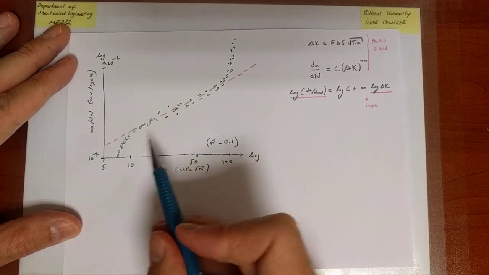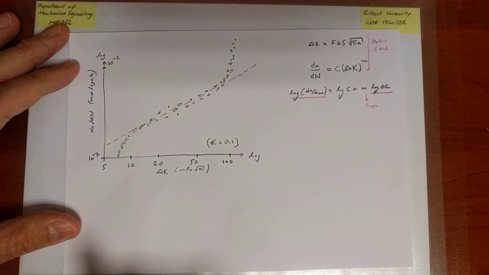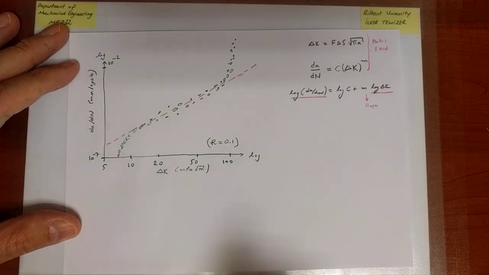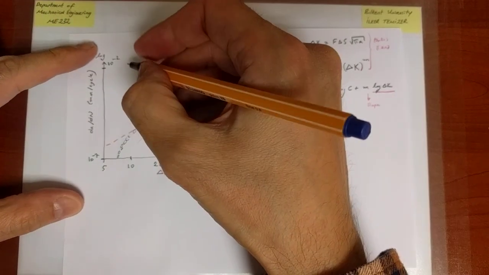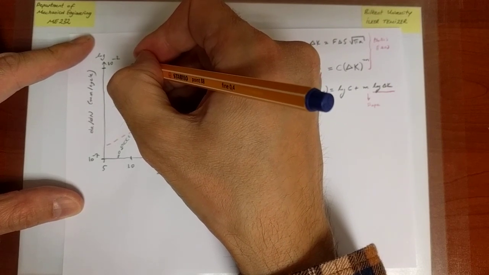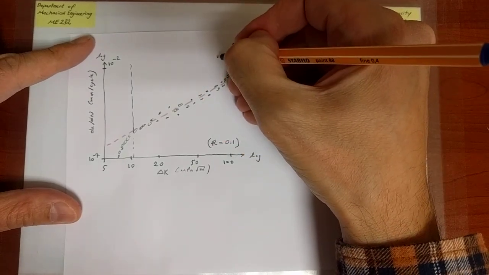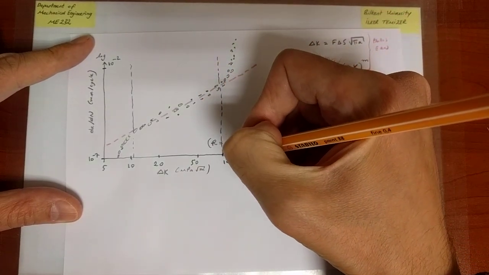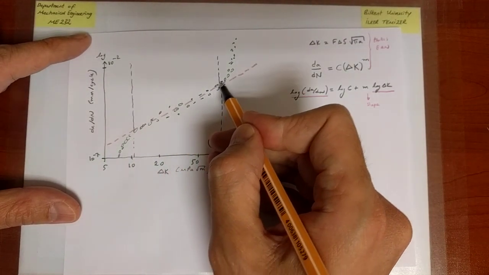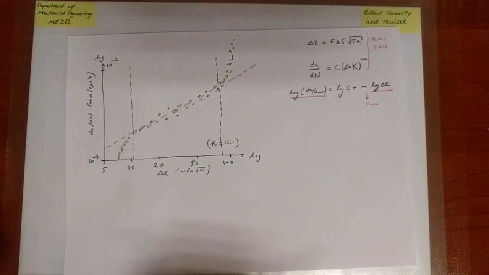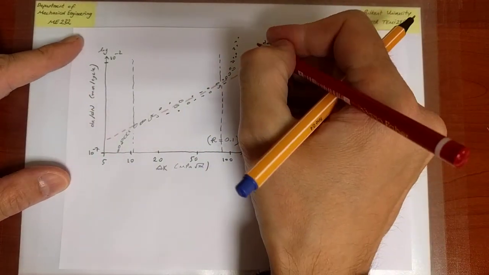But let's go back and have a look at the indications of the measurements. There are a number of things that we can immediately recognize. First of all, we can divide this plot into three distinct regimes. The intermediate regime is qualitatively, not number-wise. Don't look at the values of the crack growth rate or, for that matter, of delta K. What we're looking at is the trend in the data points, right? So this is data, and this is our model,